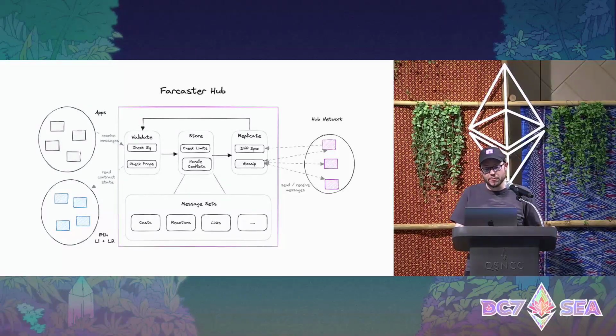This means it's possible to build authenticated experiences that rely on the user's identity. And you can do this permissionlessly, without needing an API key or asking the user to log in. Concretely, you interact with an HTTP API that's exposed on the hubs. You grab that hex-encoded signature out of the message data and make a request to a hub API, which will verify it for you. And if you want to do that trustlessly as well, you could verify the signature yourself, check the on-chain signature, et cetera.